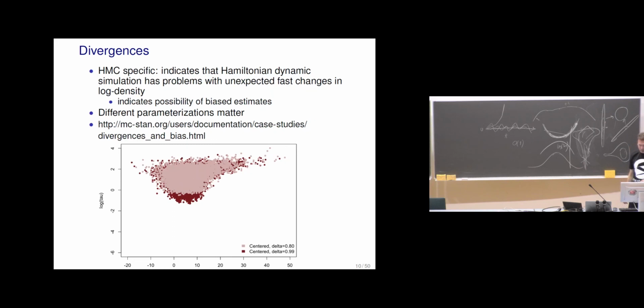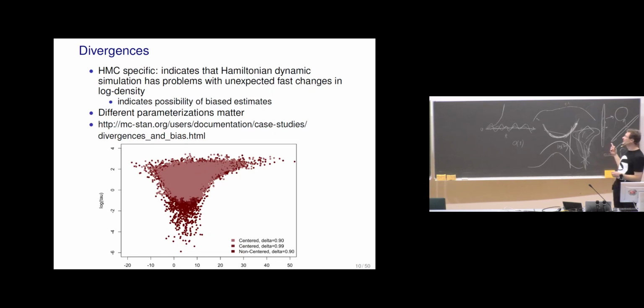Making the step size smaller, so there's this adapt delta parameter, making it higher makes the step size smaller. You can see that with the darker red, the sampling is able to go a bit further down, but not much. It might look like it was able to go only a bit further, but you need to remember that this narrow part is actually in 8 dimensions, which makes it more likely to get stuck there with certain step sizes.